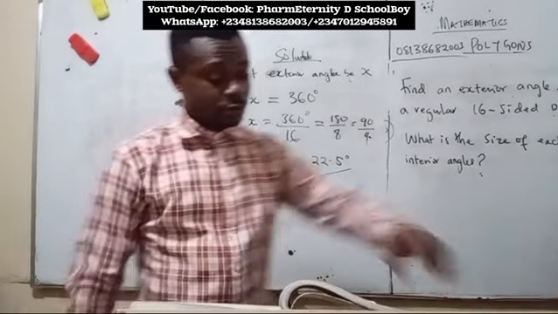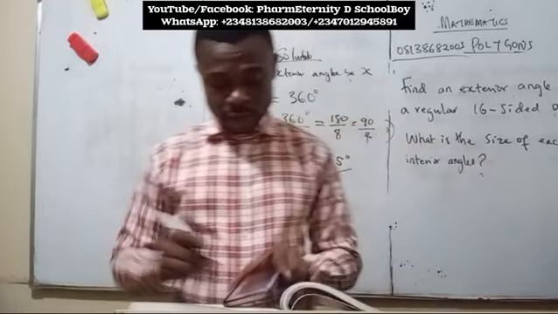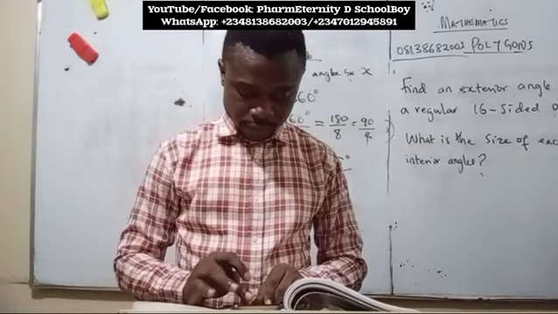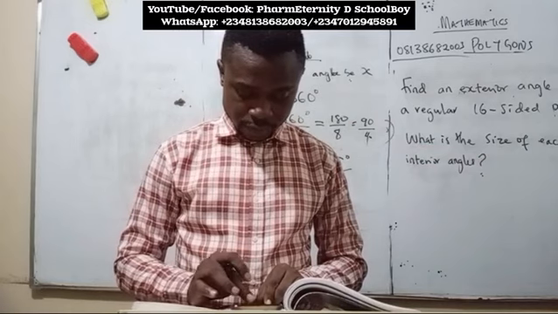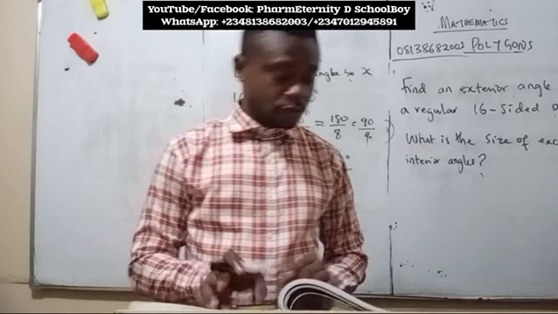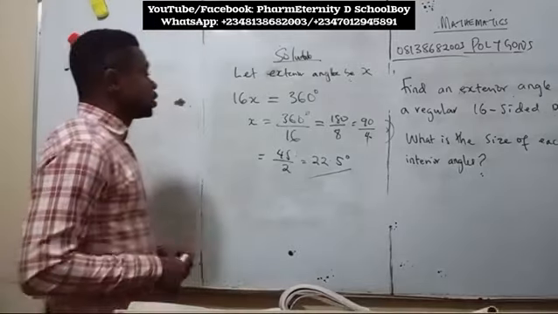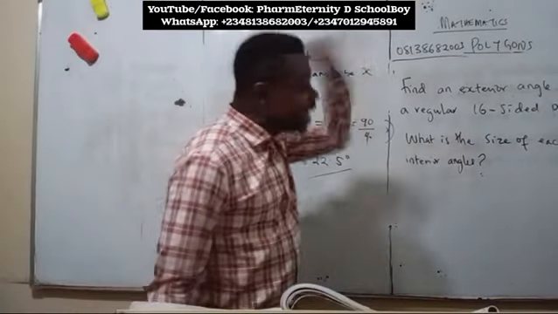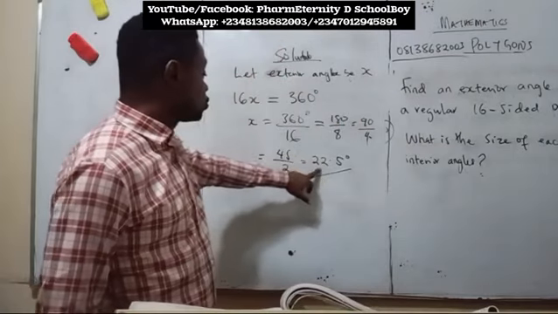That's the answer we got. Now, what it means is that each of these exterior angles is 22.5